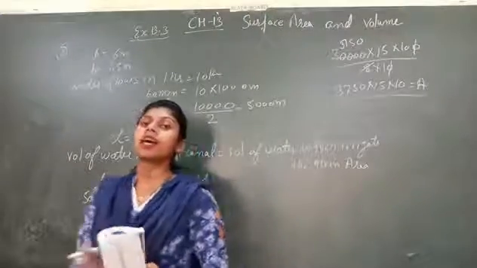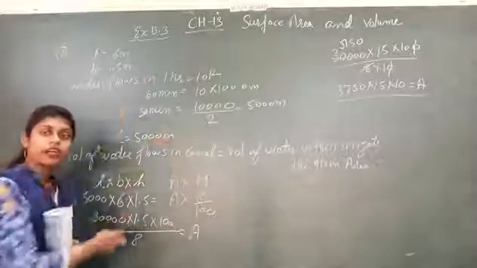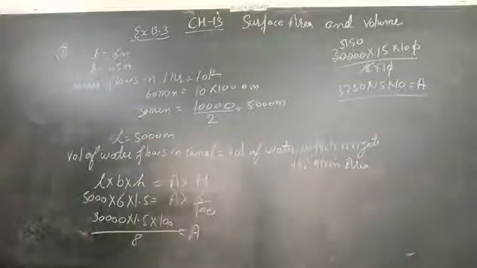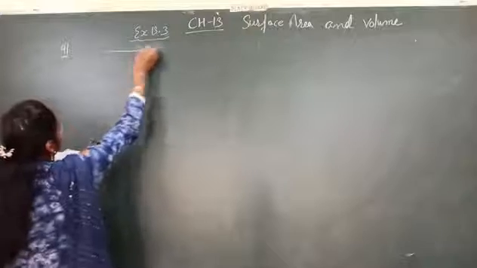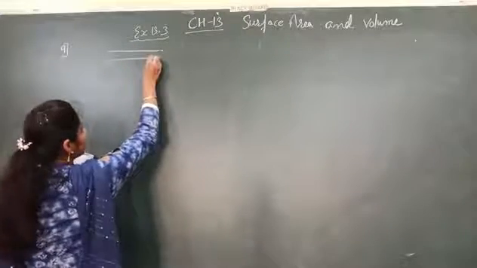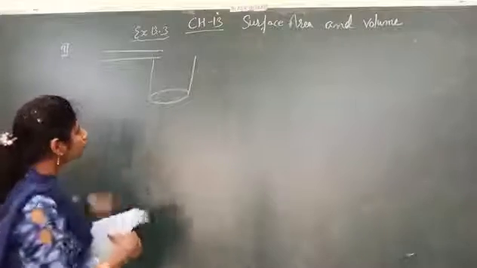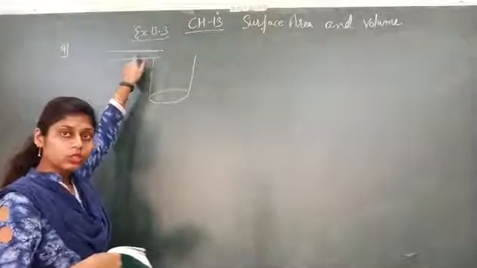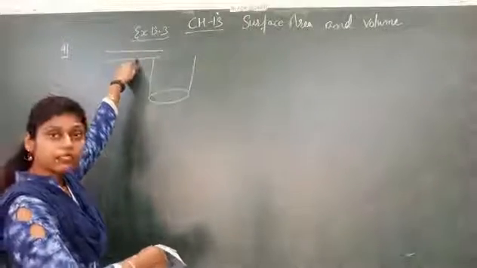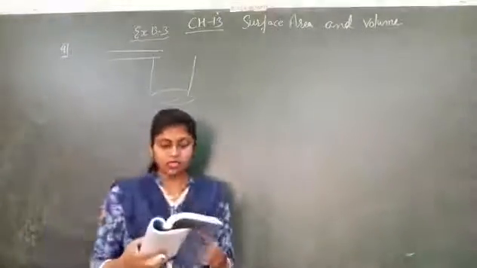Now we have to find the time. In this question, time is not given, we have to find the time. See how to solve. Firstly, understand the statement. There is a pipe which is connected to a cylinder. The water flows through this pipe and this cylinder will be filled through this water. This is also cylindrical form. Now what dimensions are given?